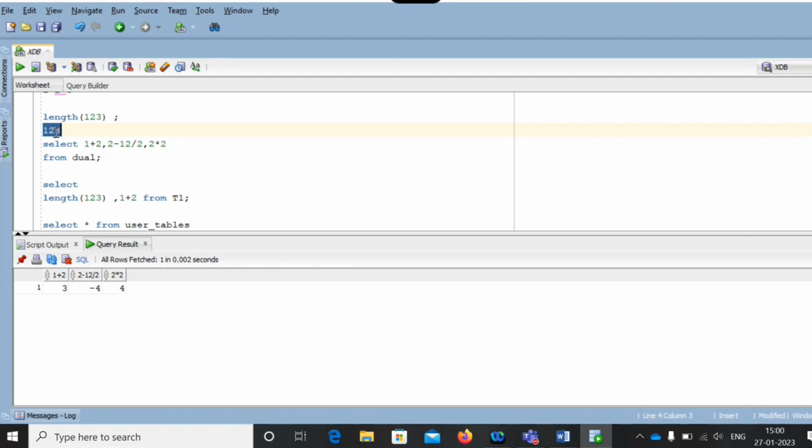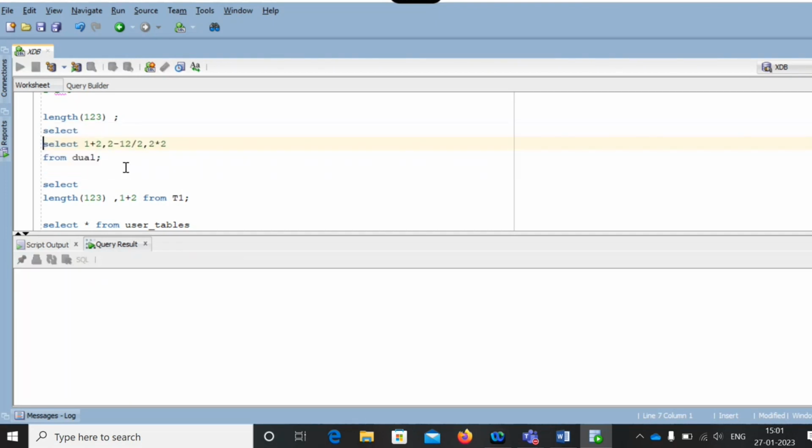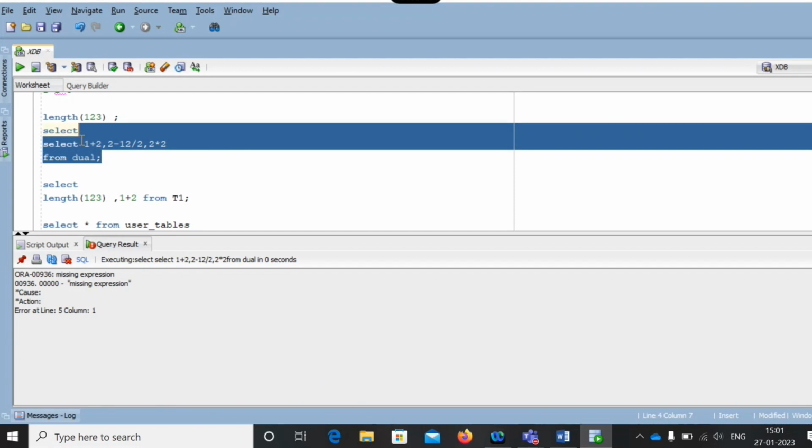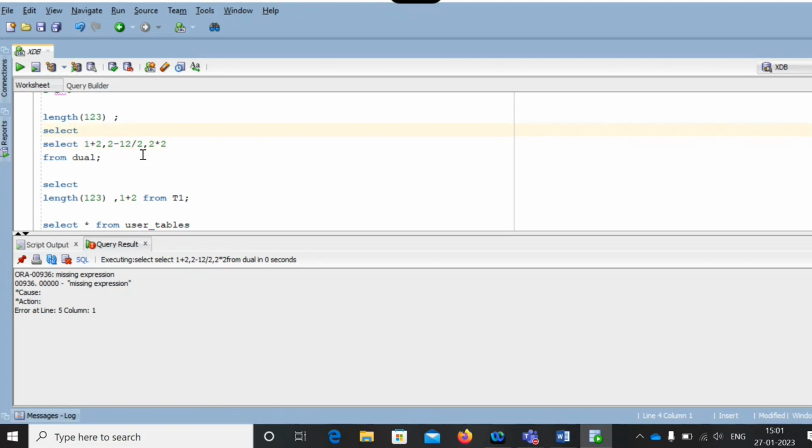So, okay, I can mention just select. Okay, so I'm not using 1, 2, 3 here. Just I'm mentioning select. I was supposed to write the query here. I forgot, and I'm using the next line as a new statement. Now you can execute. Okay, sorry, this right. See, I'm executing this only. I'm in this place. It needs to execute from here to here only, but it is executing from this point to this point.